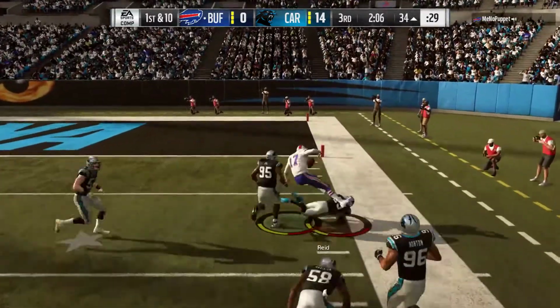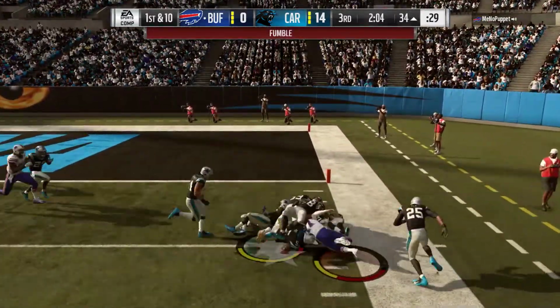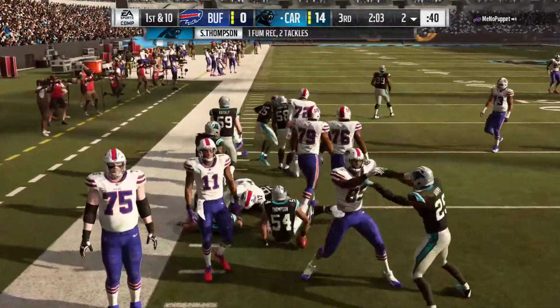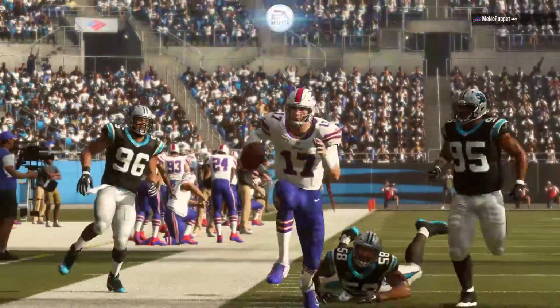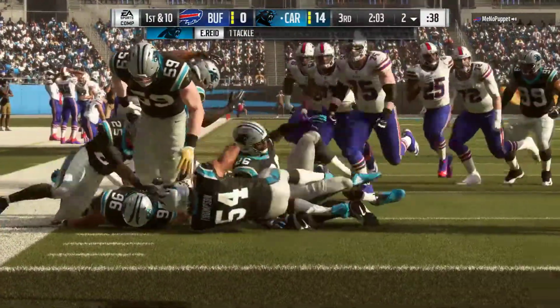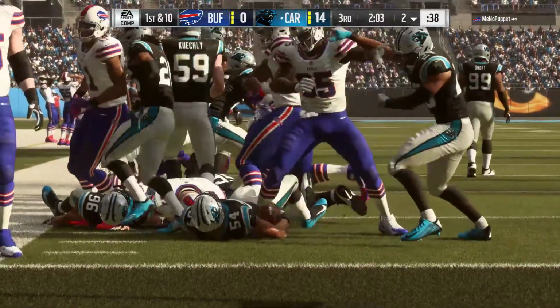Space to run past the... And now look at this. Big gain, but a fumble. And the Panthers have recovered. Let's be frank. You hate the fumble at the end of the play, but prior to that, I liked a lot of what was going on. Tucks it down, takes off, picks up good yardage. But in that